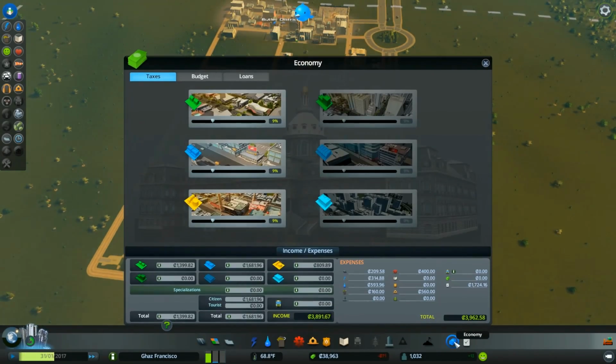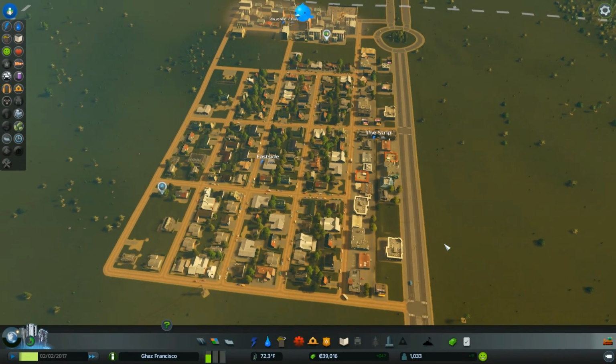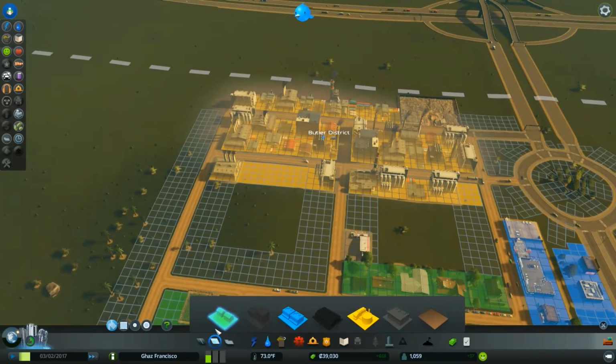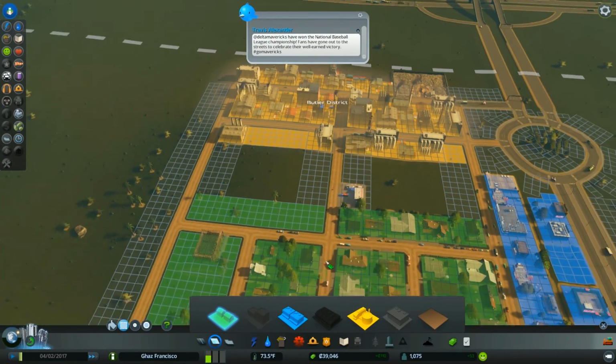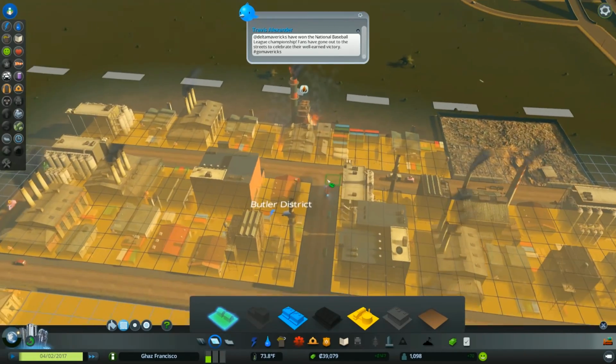I could probably turn off... Well, actually, first of all, what I could do is bump up residential taxes, just slightly, and at least keep a positive. Even if it's only a small positive, as long as these get in there. I do actually have some more space to put another one. And the fire truck is already on its way to go put out...